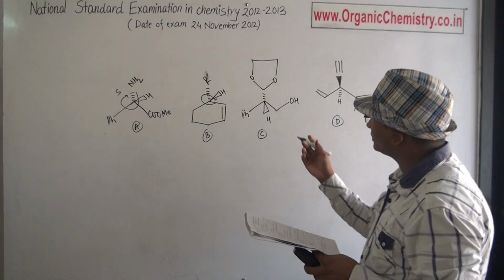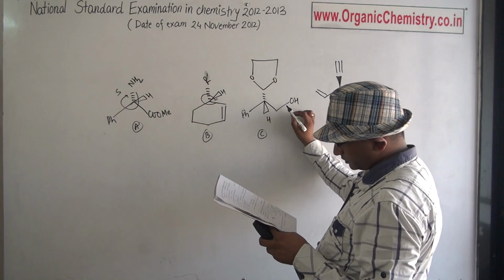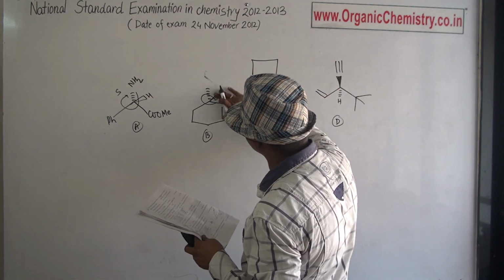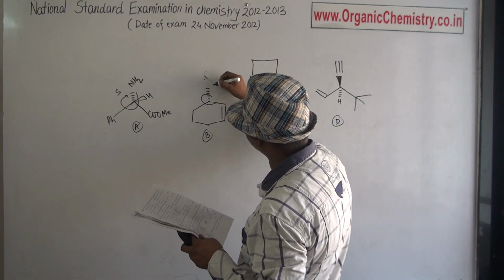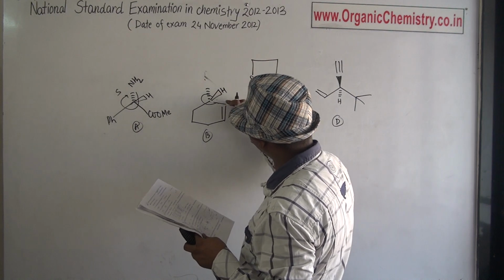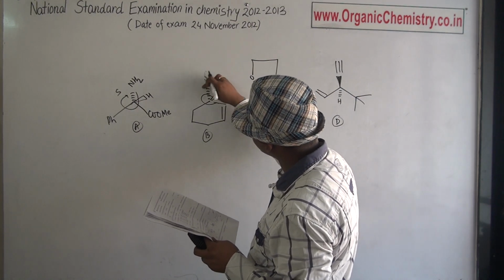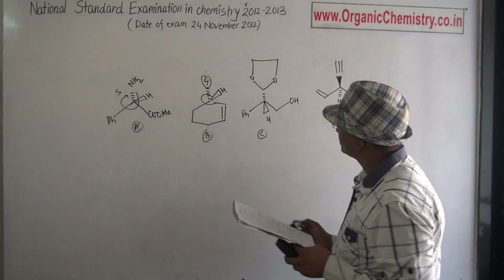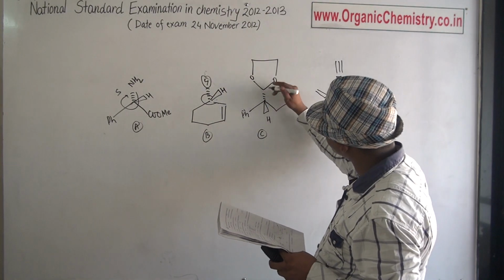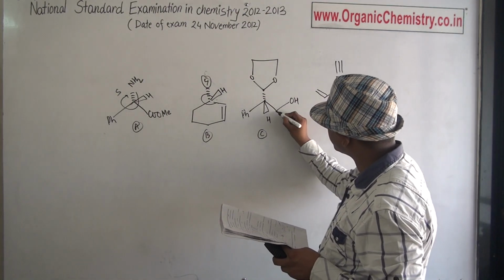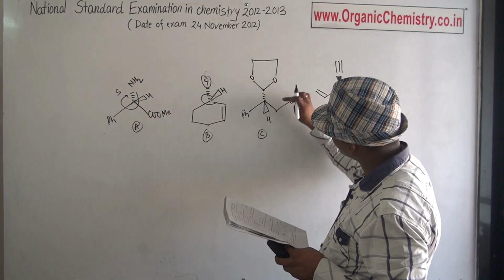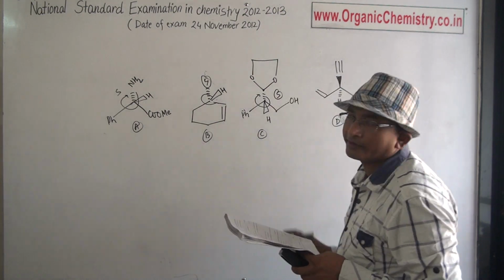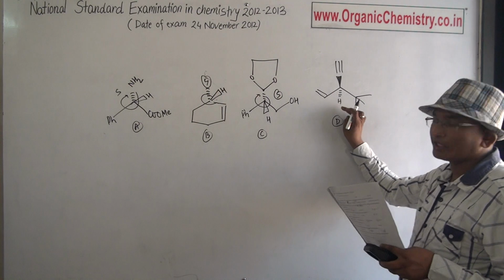This will be R, and here this one, no, it is given H over this particular position. This is H, no? The first, second, third looks as R, but due to the change, it will be S. This carbon is attached with COO, but here CO. So this one is first, second, third. This looks as R, but this will again be S, because hydrogen is above the plane. But in this particular case, hydrogen is below the plane.